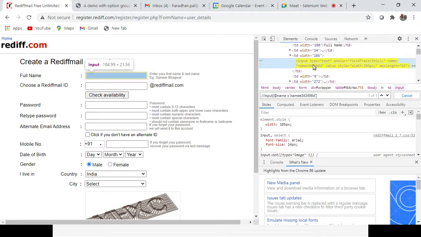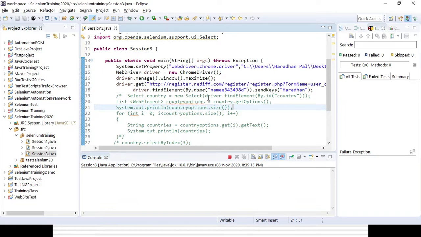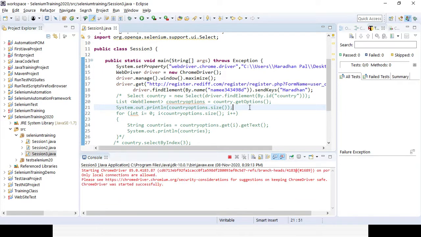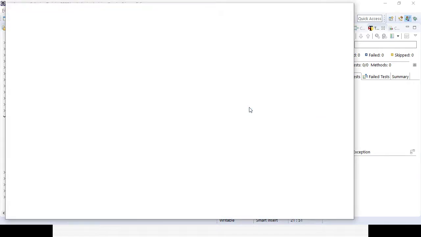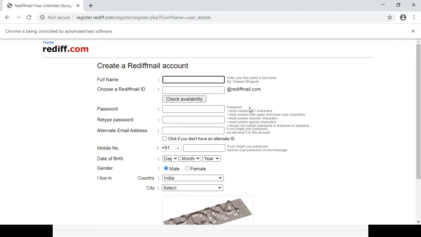This is the name. Even with the name it is not taking.